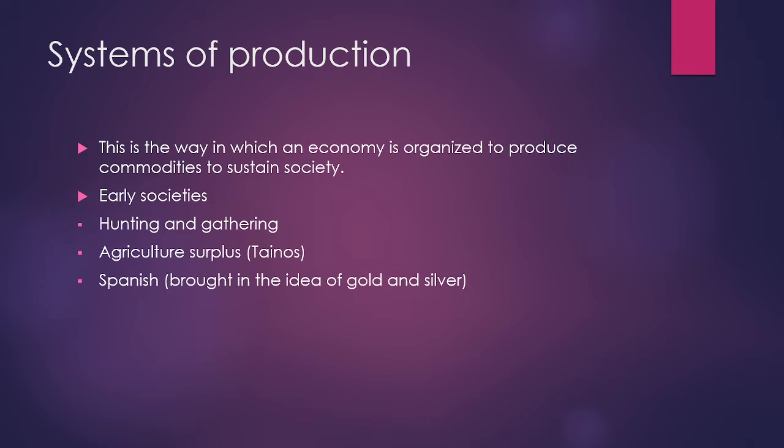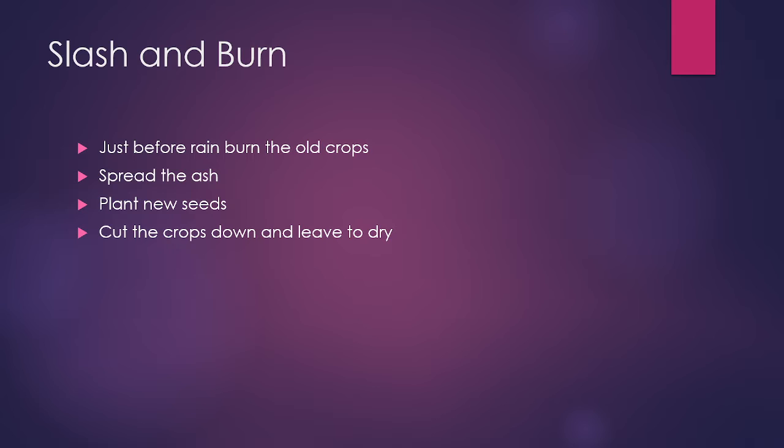Next thing that they would do, again, this is pre-slave trade, so it would be slash and burn, and I think this was performed mostly by the Tainos as well, possibly by the Caribs as well, but maybe a little later. So you should know the process of this slash and burn cultivation, basically, and